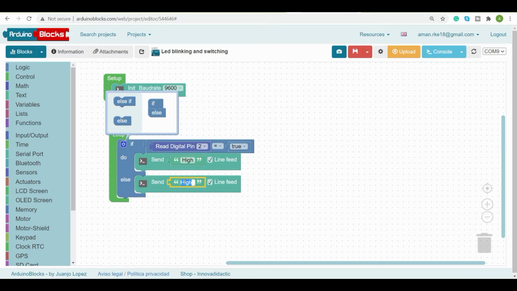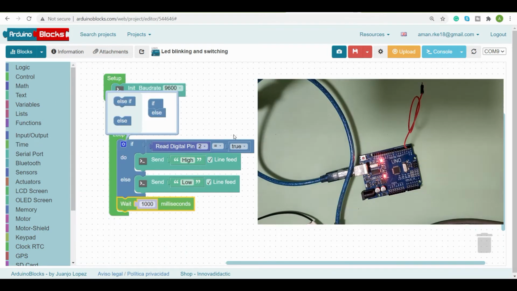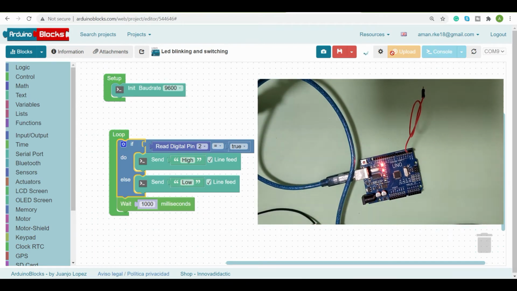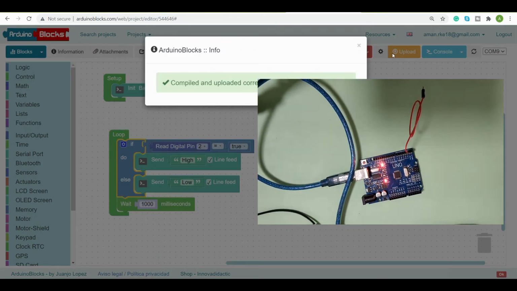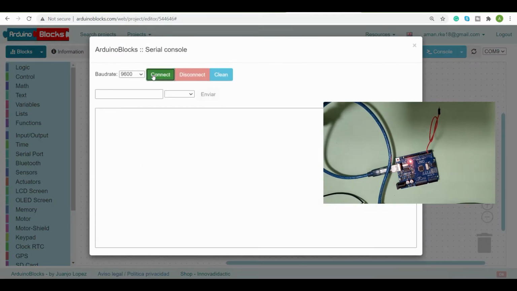So we'll make it low, and we'll give a delay of 1 second, and this is the program. So now again we'll upload it. Again we'll go and check on the console, connecting it with the serial monitor.